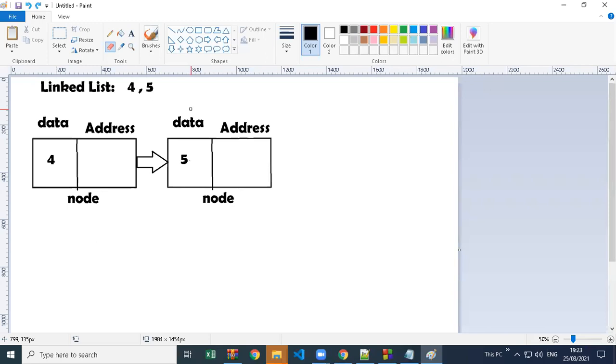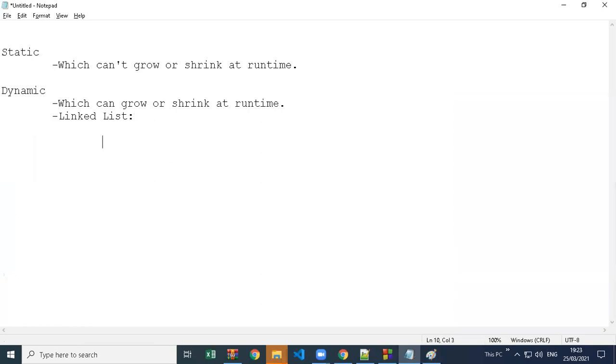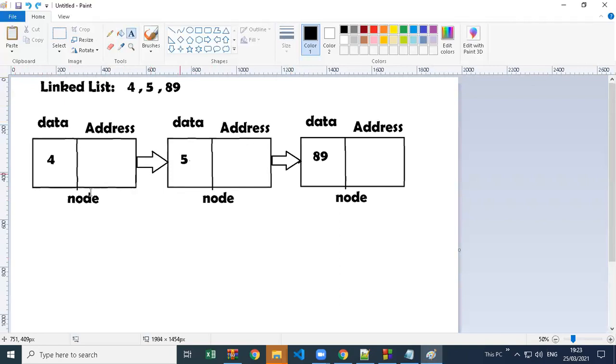This linked list you see here, which we created, has types. The first one is called a singly linked list. This linked list you see, which I created in the diagram to show how the memory structure will be, we haven't written any code. We are just trying to understand the linked list use and its structure.